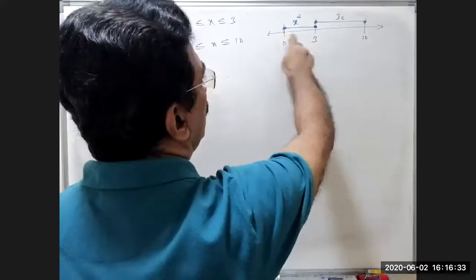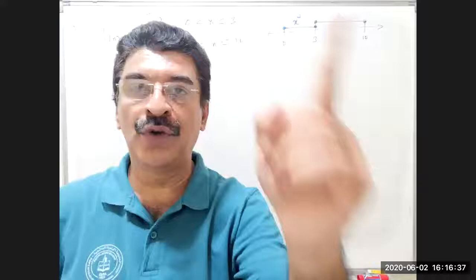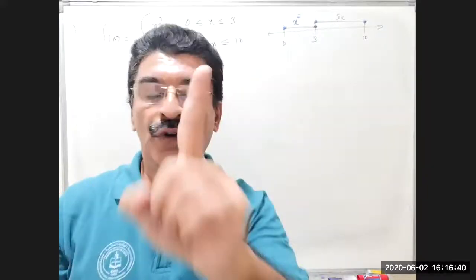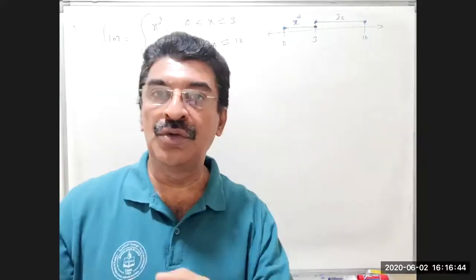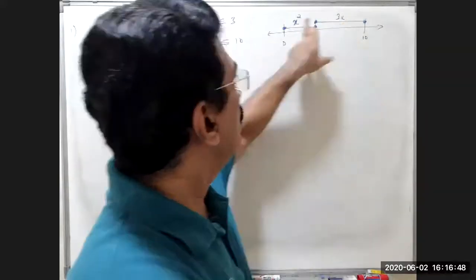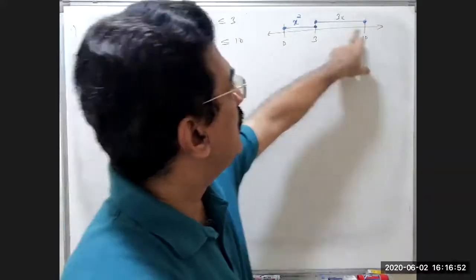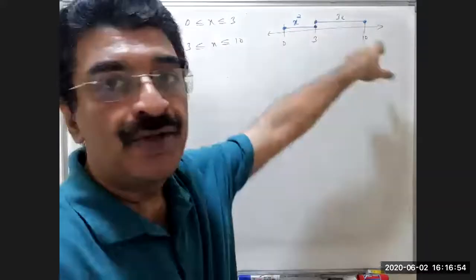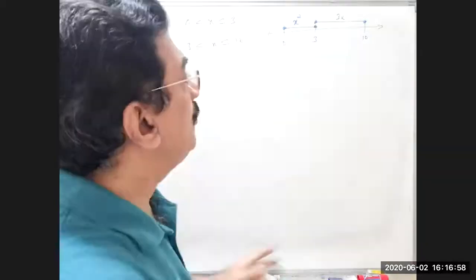if you are taking a number from 0 to 3 and squaring it, square of 1, do we get two different numbers? No. Square of 2, not two different numbers. Similarly, here also we have only one definition. So from 0 to 3 and 3 to 10, only one definition, so only one y value will be there.